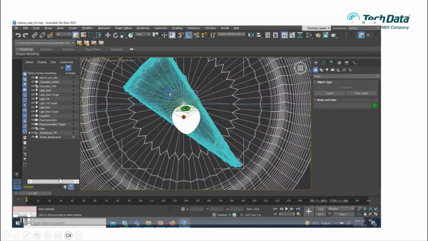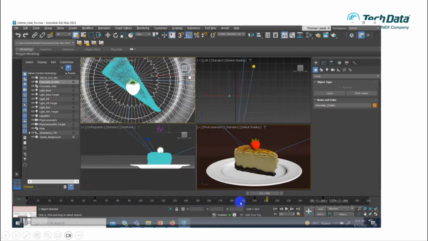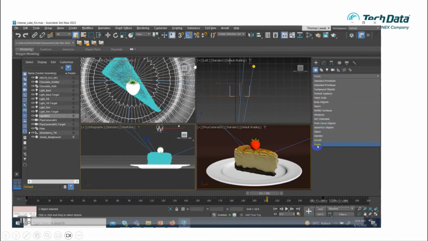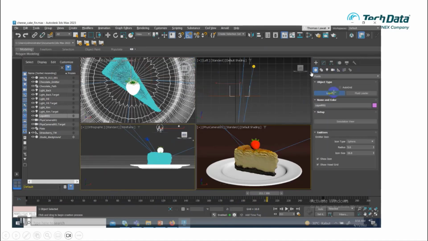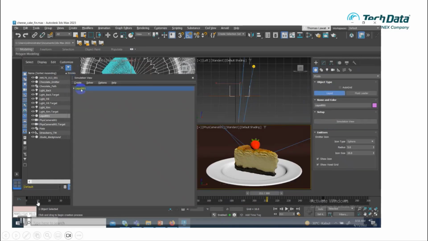simulation of fluid. Let's say I want to create some cheesecake, and then I try to pour the chocolate at the top of the cheesecake. That's why I first create a small animation attached to a pad. Then I bring it to the fluid system. Where is the fluid system? You can go to the modifier, then go to liquid. Remember when you are using the fluid system,